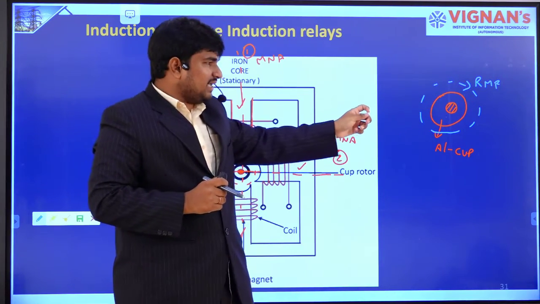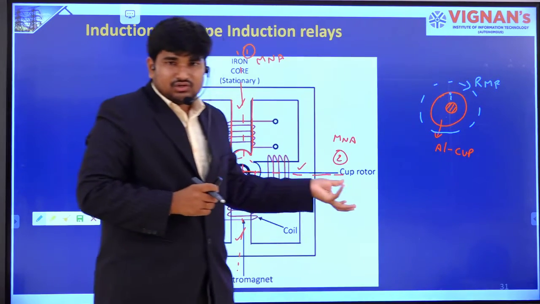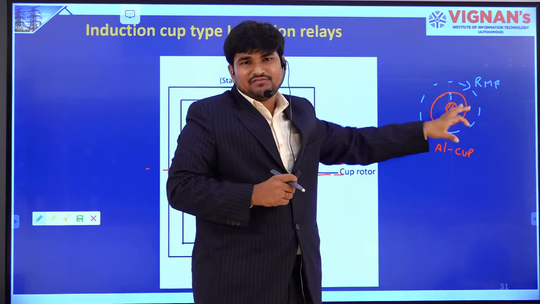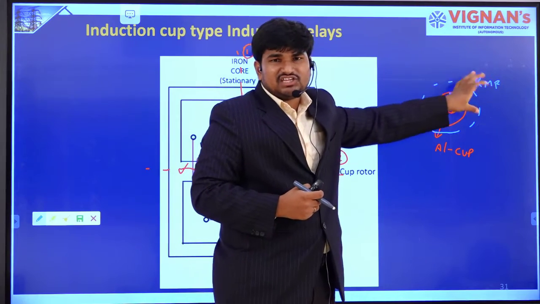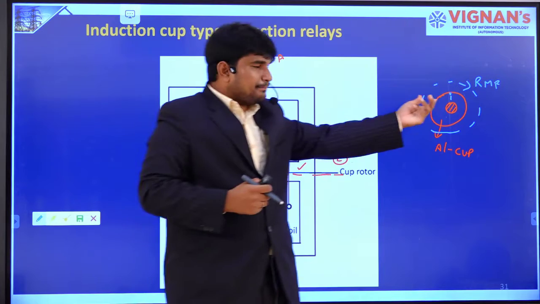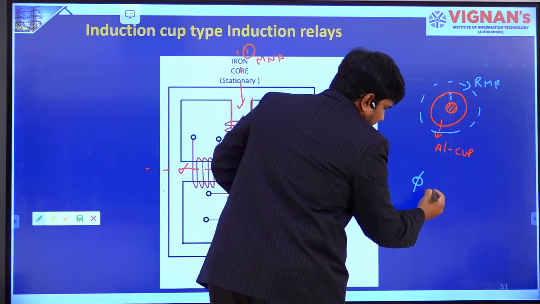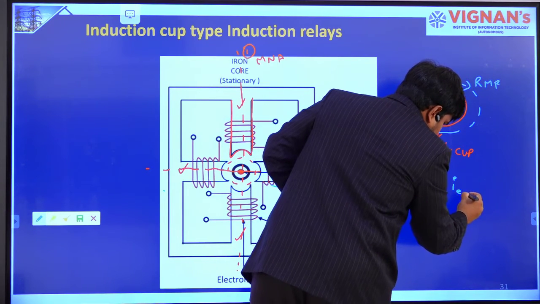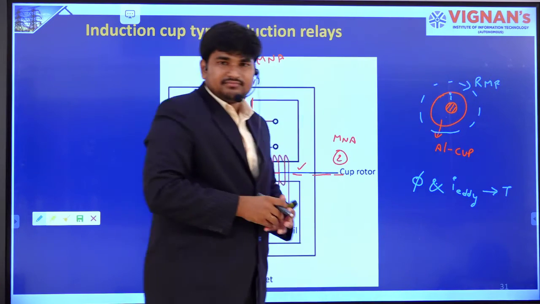Hence, eddy currents are induced inside the cup, right? This eddy current will produce some amount of flux. So with the interaction of these two fluxes, that is the main field flux, let me indicate this phi, and the eddy current, I eddy, the torque is generated